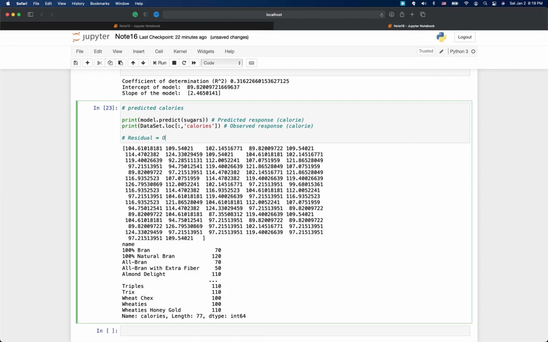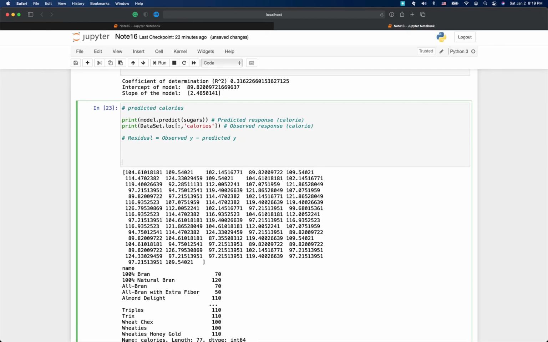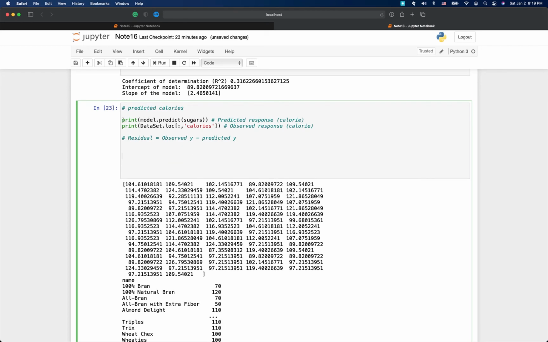Residual is equal to observed y minus predicted y. So if we subtract each of these from the observed y, we will get the residual. Okay, so let's go back and continue what we were doing. So let's say I want to see what is the predicted